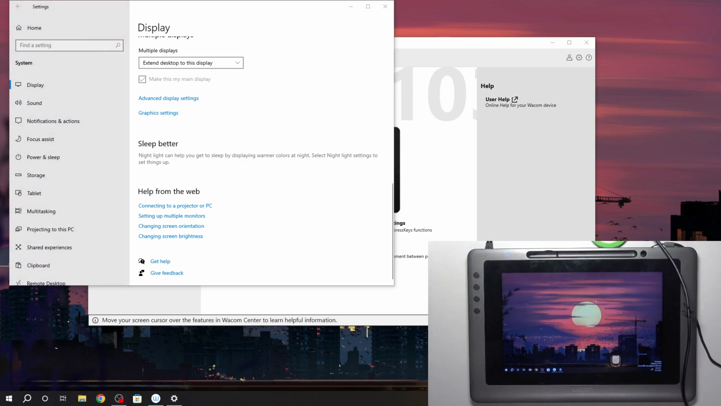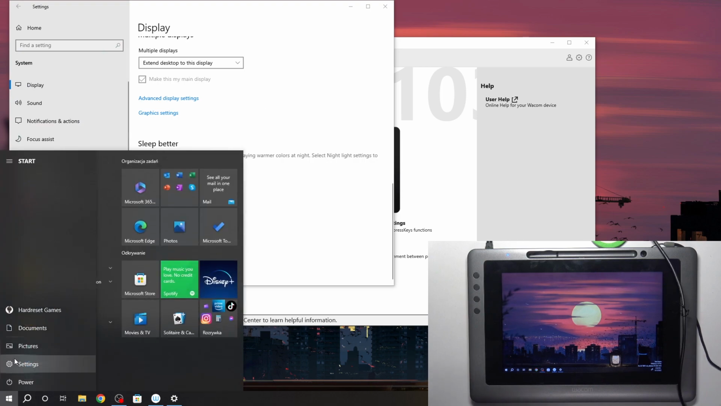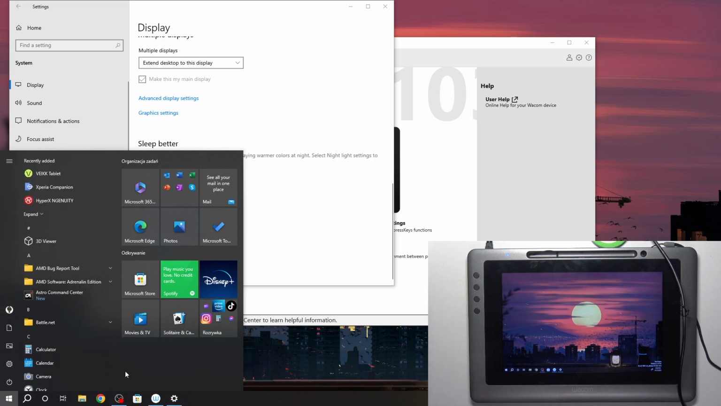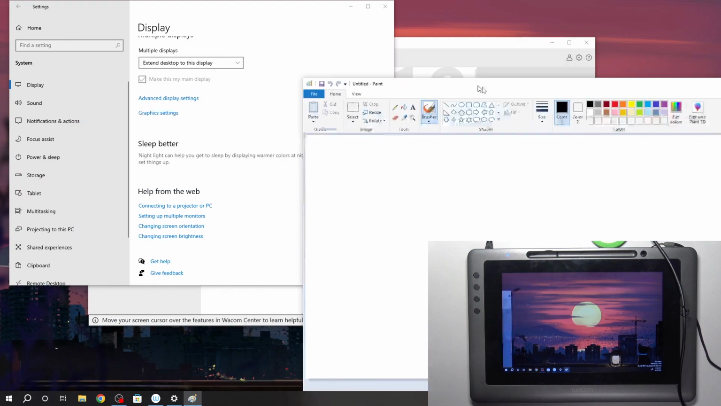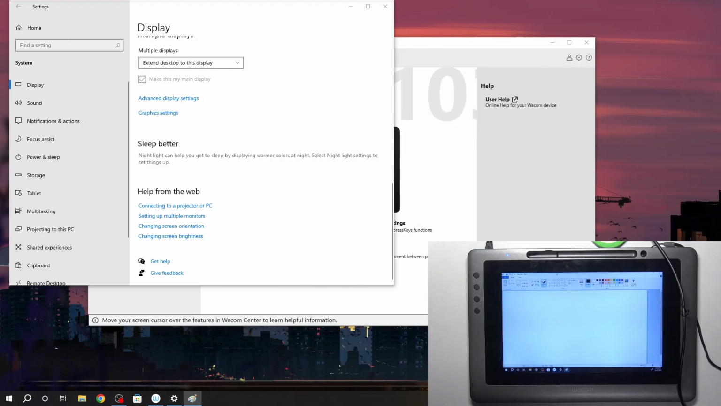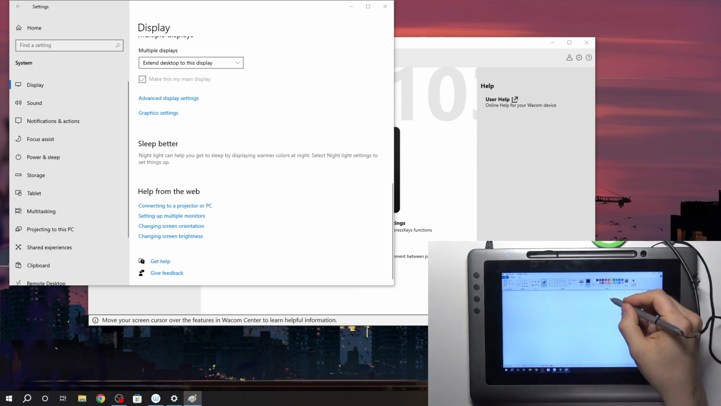For example, I'll show you it right now. We can move applications to the graphic tablet to use it in normal resolution. So, for example, I want to open Paint and I can move it to the graphic tablet, and in the graphic tablet, without the problems, I can draw